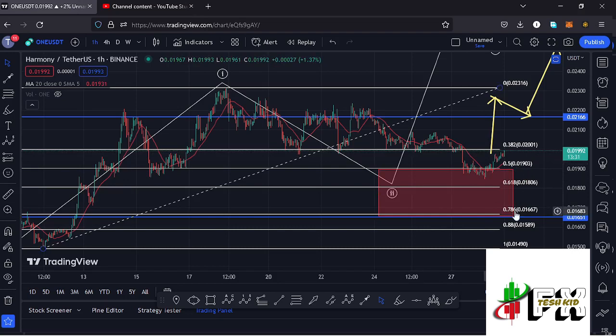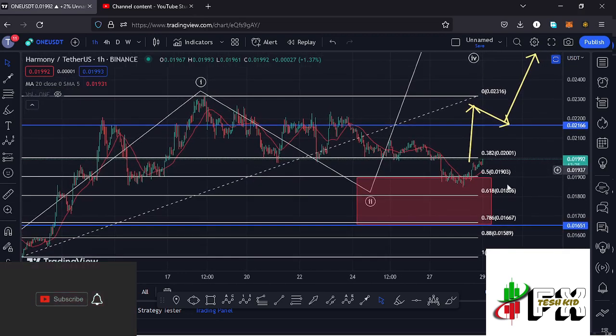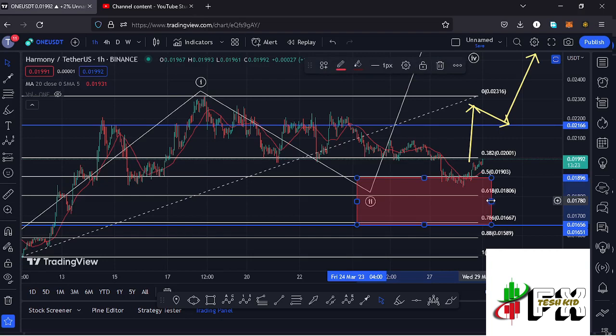$0.01903 mark and the $0.01667 mark, and it is within this red target area down here that I was expecting to see the low for that second wave. And you can see that we have seen a breakdown into this red target area in a move that has now given us a low at around the